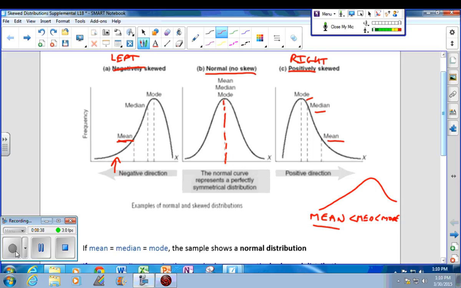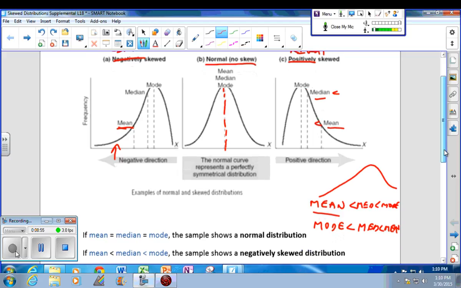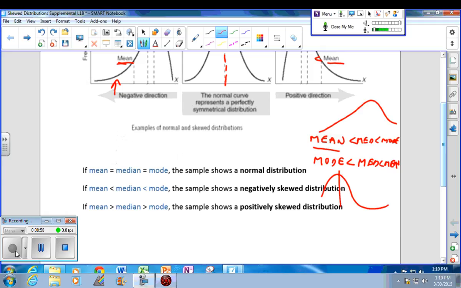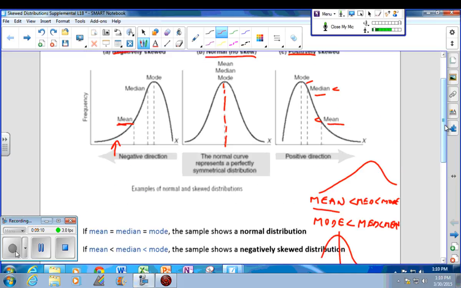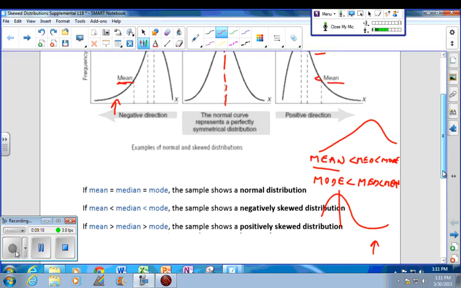And similarly, if you have the mode less than the median, which is less than the mean, that gives you your skewed right. Basically the mode will be your big peak there, and then this is going to be skewed right. So the tail tells you whether it's skewed left or right. Now on this chart they're using positive and negative. If you think about the x-axis, positive, negative, that's why they're calling it that. But for our purposes, it's going to be